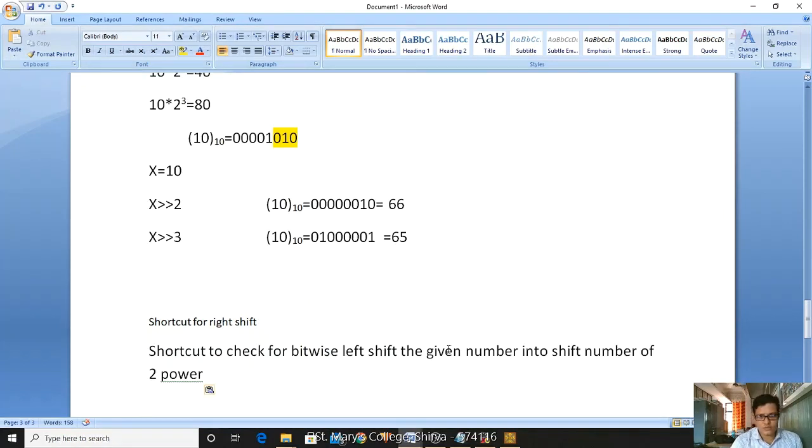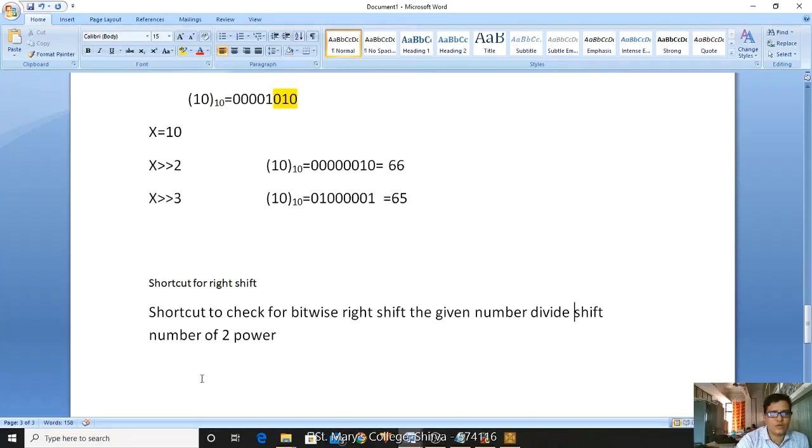Okay, given number right shift, the given number divided by 2 power of the shift number. Here division, we have to divide the number, divide by 2 power shift number, right?